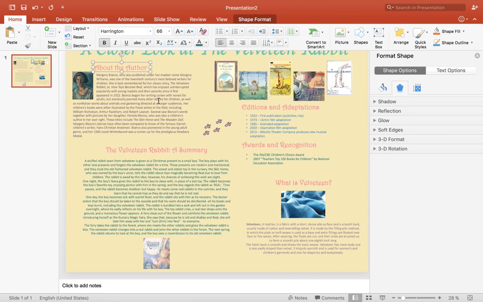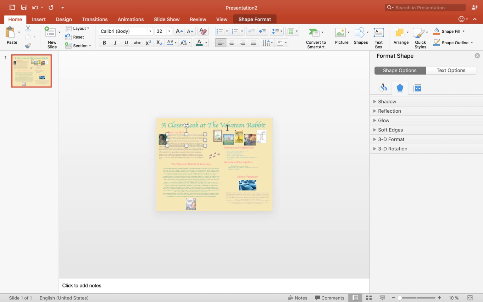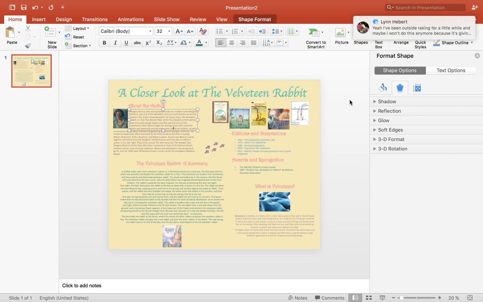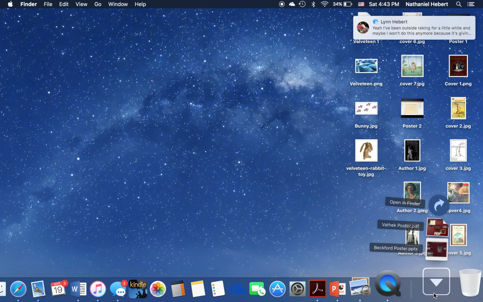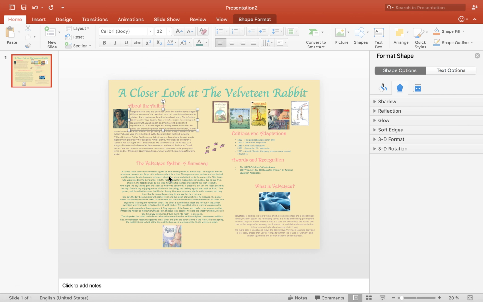This font that's in here is actually 32 size font, and I just left it the default Calibri. It seems like it's really small, but it's actually quite large. 32 font is quite a large font. So keep that in mind that you can have what seems like a small font on your poster. If we think back to the Vatek poster, the font looks very small, but this is actually like I think a 28 size font. So when the person is up close to the poster, it's going to be much easier